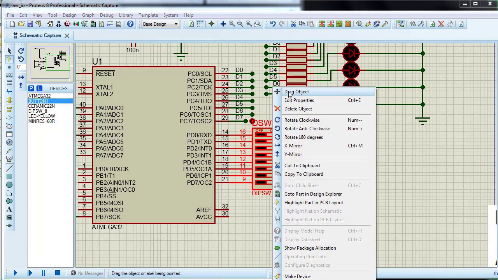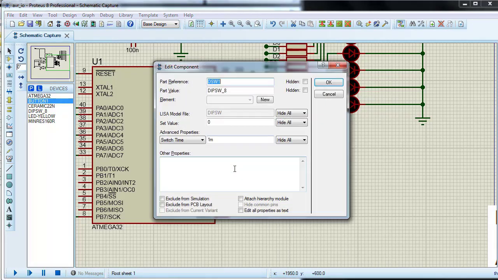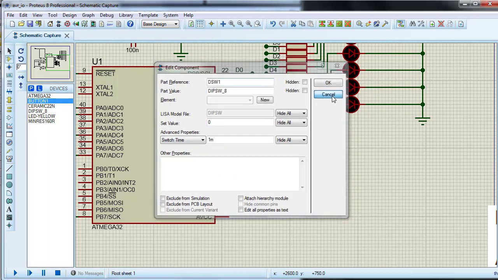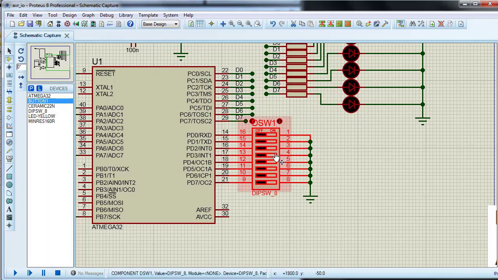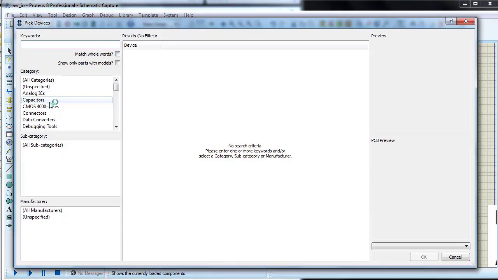Package for dip switch. This component has two models, the model that is simulated, but does not have a package.